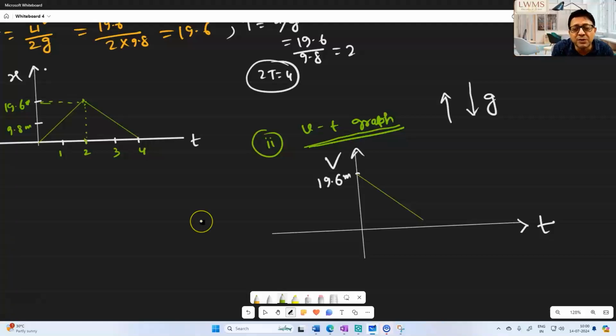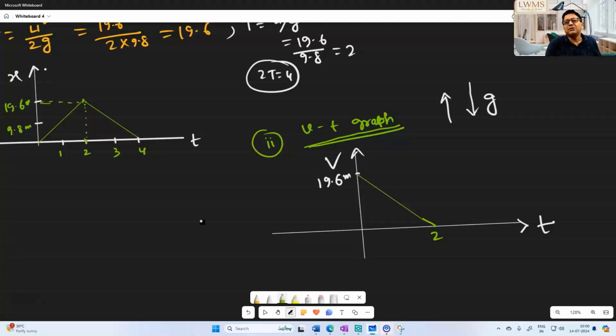Maybe velocity 0. Why will it be 0? This we can work out. At what time will velocity be 0? Velocity will be 0 when it reaches the maximum height. Maximum height it reaches in 2 seconds. Clear? They have not told about rebounds on the ground, so we'll not go for that. Okay? Vt